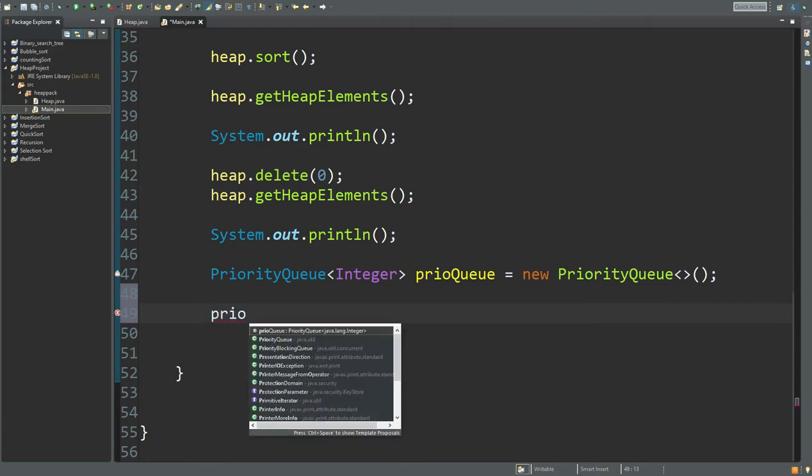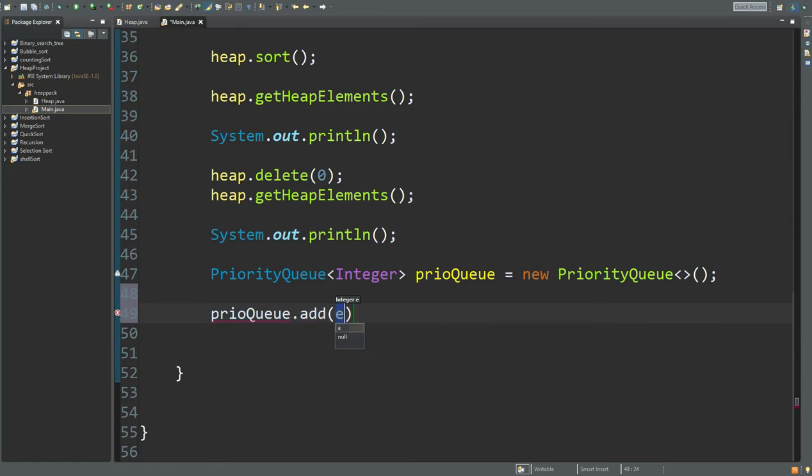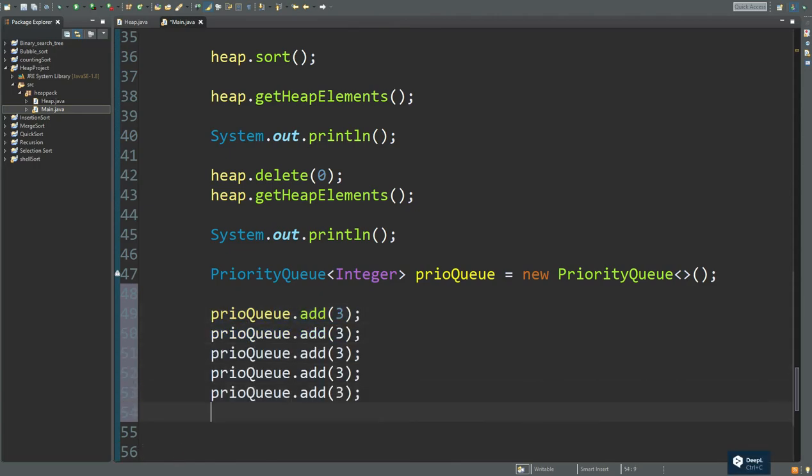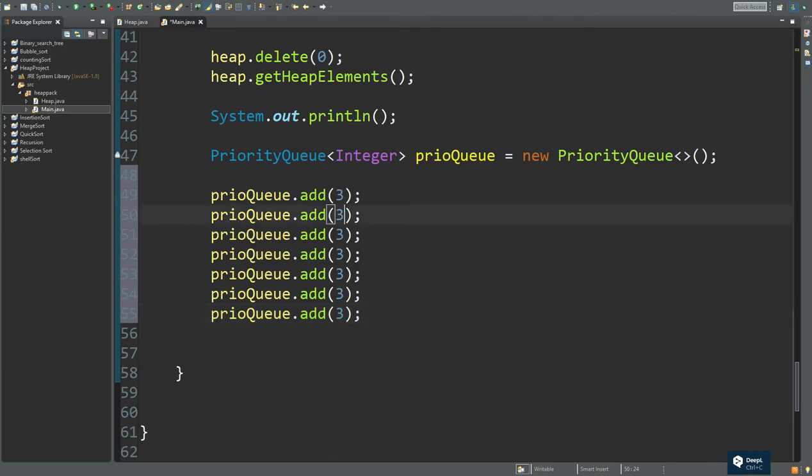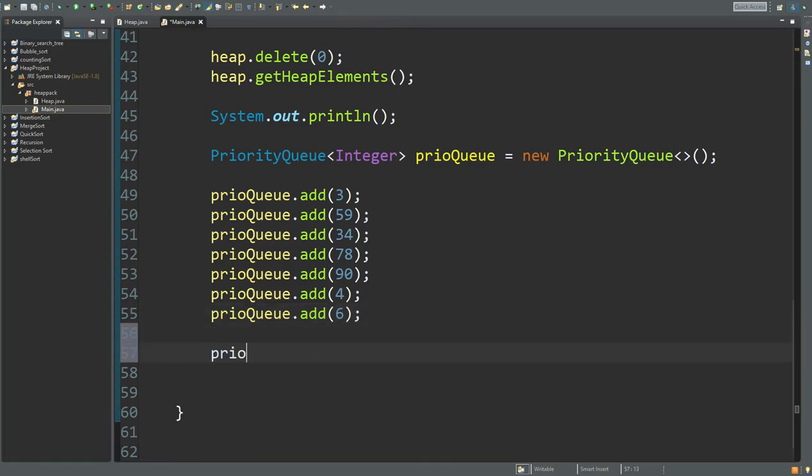For example, we will say the priority queue, we want to add the element 3, and let's add some more elements like that. So we will say 59, 34, 78, 94, 6. And now we will try to PriorityQueue pick